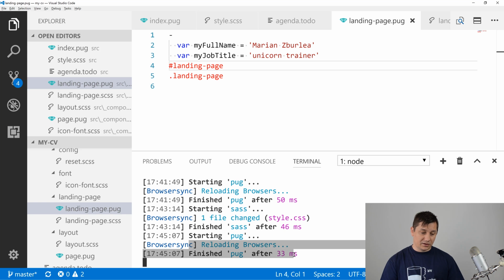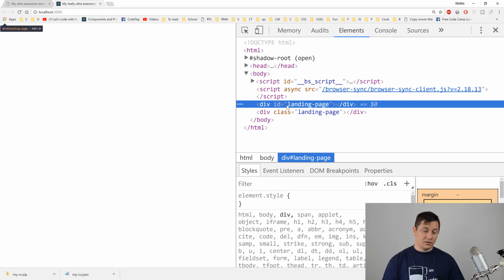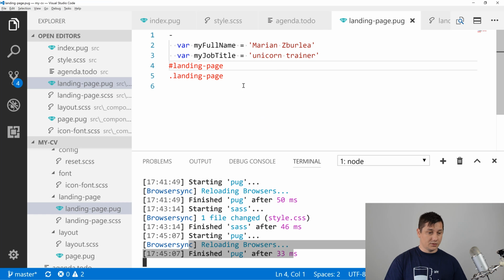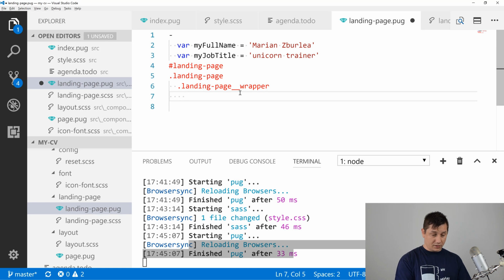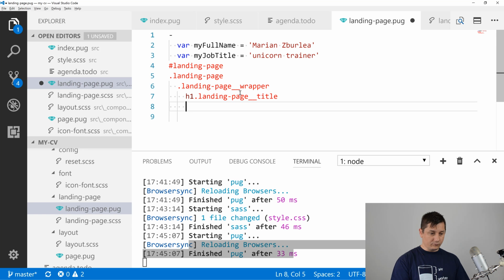Now over here we see that it recompiled. So if we look into the browser, we can still see a div with an ID and a div with a class, because by default, if you don't specify a tag name, pug defaults to a div. Okay. And let's say inside it we'll make a landing page wrapper, and inside this one we'll make an h1 tag with the class of landing page title, and an h2 tag with the class of landing page,